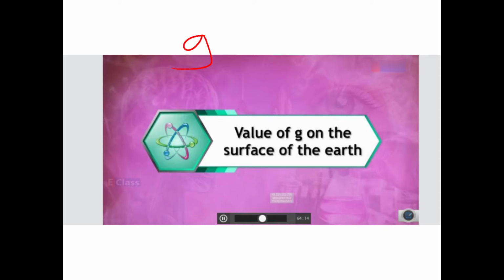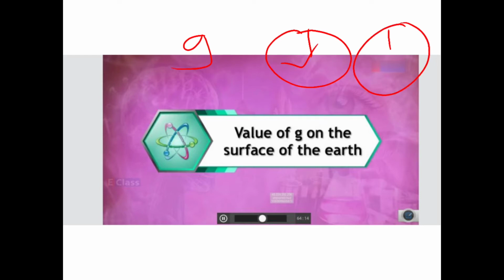So g is a type of acceleration. As acceleration is a vector quantity, obviously this acceleration is also a vector quantity, and the gravitational force on any object is directed towards the center of the earth. So what can you say about the direction of acceleration? Definitely it will also be towards the center of the earth. That means vertically downwards, right? So for all the things on the earth, it is going to be vertically downwards, meaning in this direction.